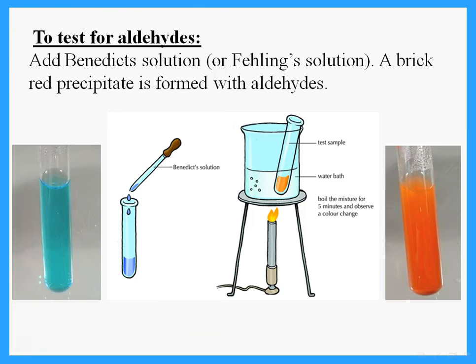So if we want to make sure whether we have aldehydes or acids in our solution, there is a test for aldehydes. To test for the presence of aldehydes, we add what we call Benedict's solution or Fehling's solution. If the aldehyde is present, it will form a brick red precipitate, and that would indicate that I have an